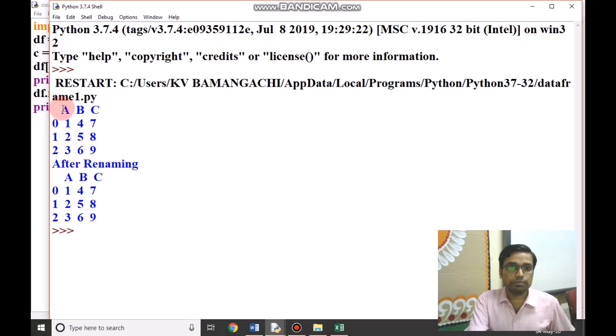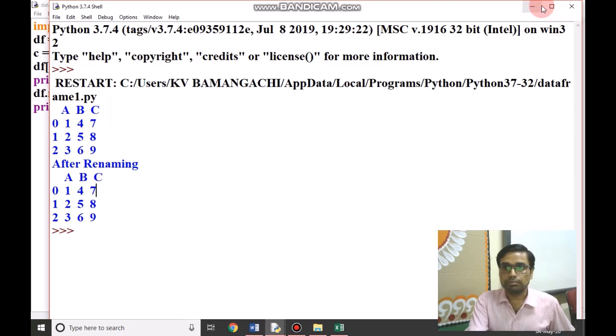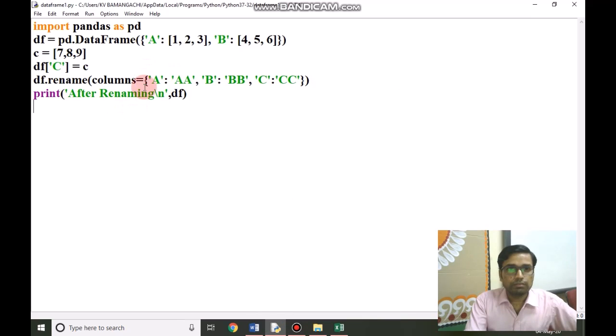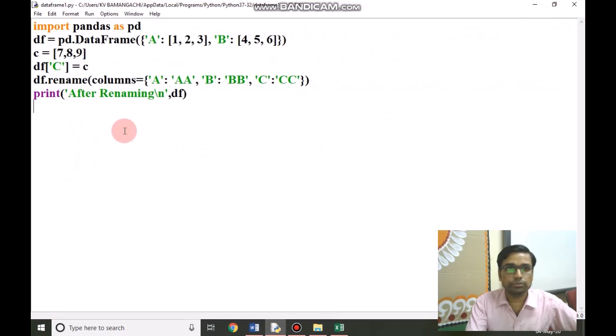Original data frame was this. After renaming, there is some problem. One thing to notice here, if we run this program, the column name is not changing. Why is it happening? It is happening due to this line, because this line is changing, but the data frame is taken from up to this line.